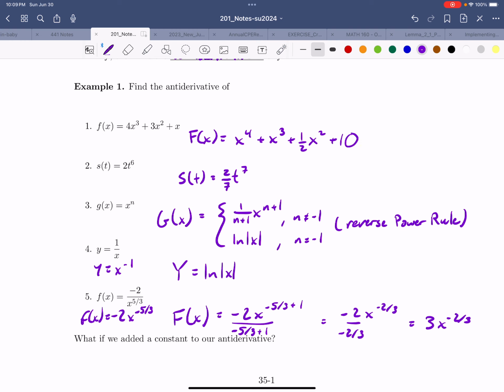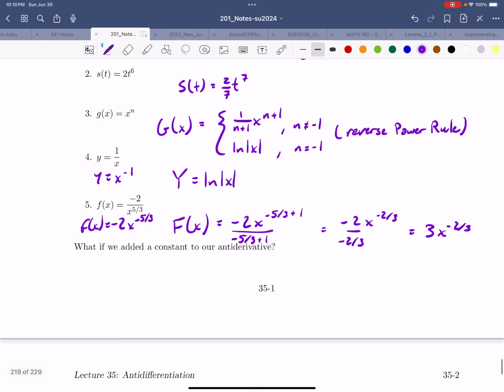What if I said plus 10, or plus a billion? If we added any constant to our antiderivative, that would also be an antiderivative. So I'll just write here: adding a constant